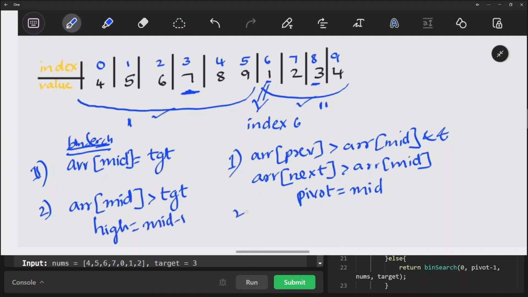Okay, so how do we know how to adjust the boundary? Yeah, let's look at it. We need to know whether we're on the left position of the pivot or the right position of the pivot. How can we know that? If we are on the left position of the pivot,